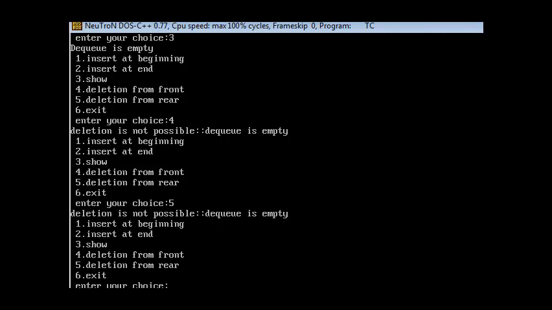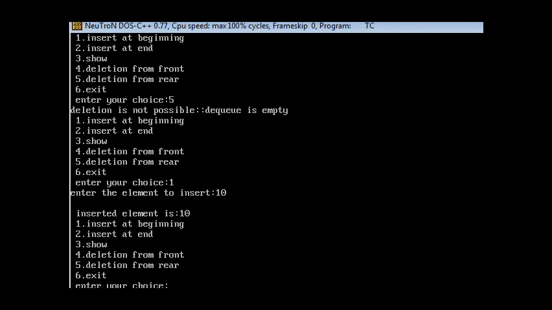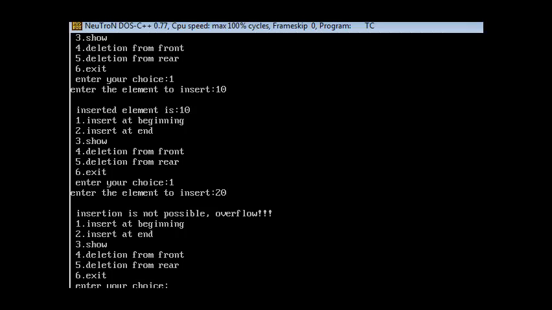Now try to insert the values. I use the first choice, insert at beginning, that is the front end, and the element is 10. Inserted. Then try to insert one more element using insert at beginning, entering the value 20. Insertion is not possible, overflow.